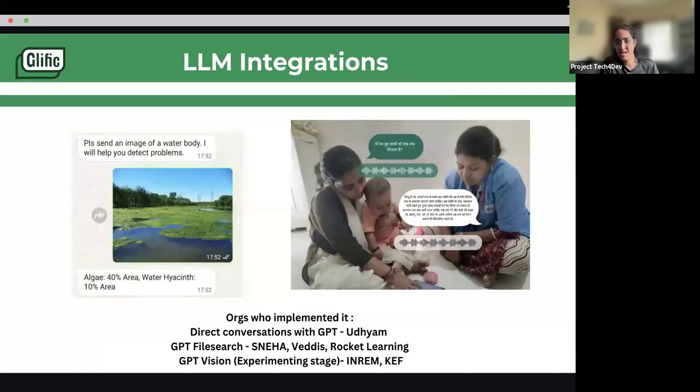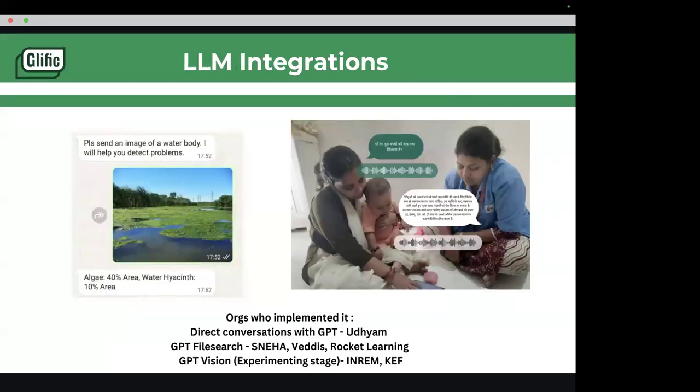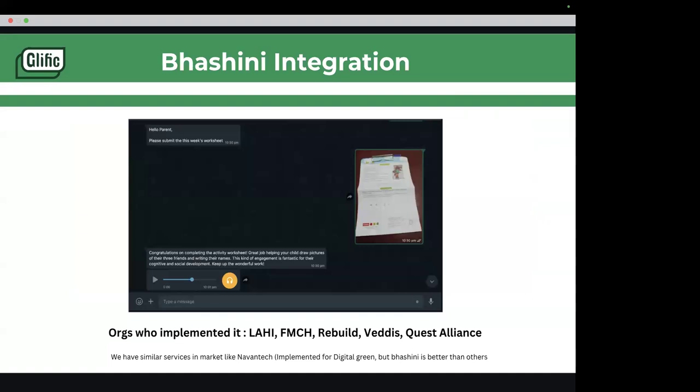Okay. Now I wanted to know one thing. If we are sending an audio, will we have to add Bhashni in our wait for response as well? If we are sending the audios to them, will we have to integrate with them for the wait for response, or will it be integrated directly?